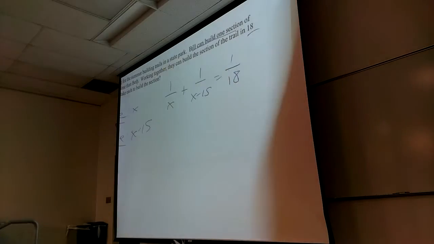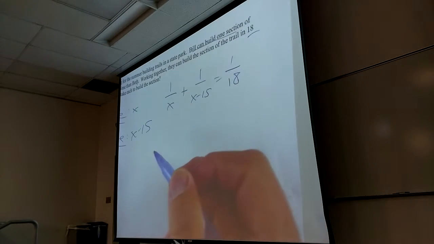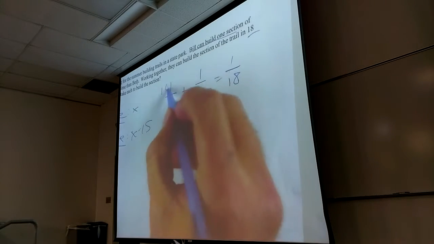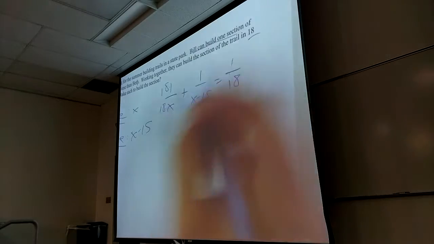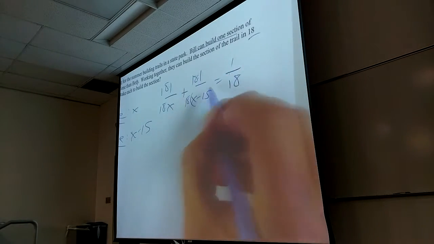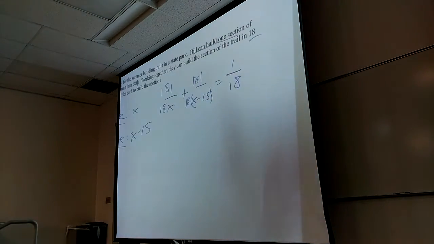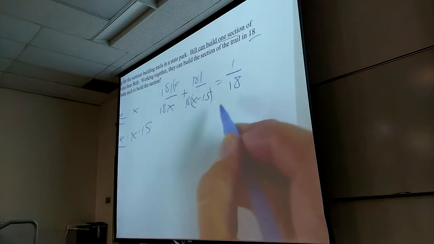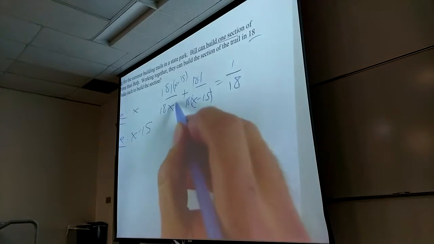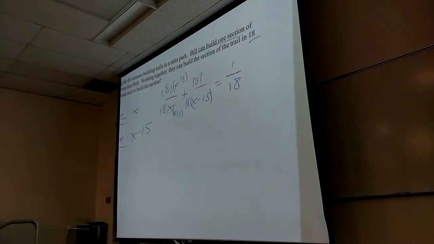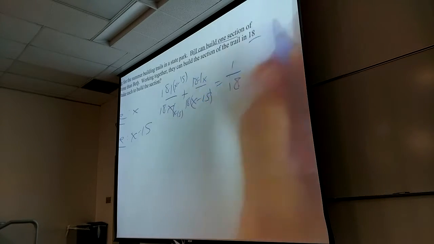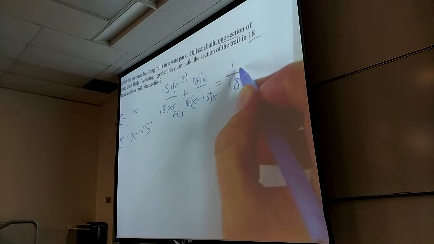Just make sure everybody's on the right track. What number do they all have to have? There's only one number, so they all need it. This guy needs it. This guy needs it. This guy's got it. Cool. What's this first guy missing? X minus 15. What's the second guy missing? X. This is the times. What's this last guy missing? X.